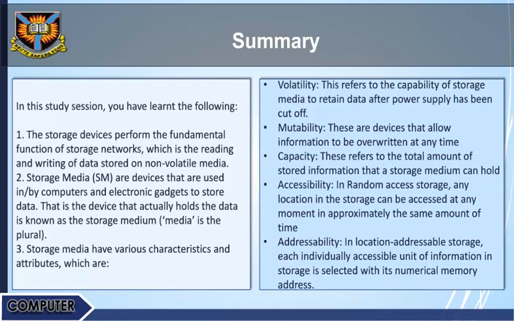Storage media have various characteristics and attributes, which are: Volatility. This refers to the capability of storage media to retain data after the power supply has been cut off. Mutability. These are devices that allow information to be overwritten at any time. Capacity. This refers to the total amount of stored information that a storage medium can hold. Accessibility. In random access storage, any location in the storage can be accessed at any moment in approximately the same amount of time. Addressability. In location addressable storage, each individually accessible unit of information in storage is selected with its